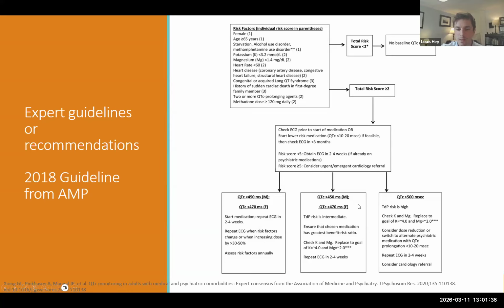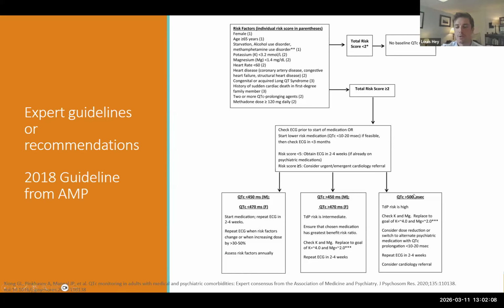If their QTc is above those values, but still less than 500, then they recommend checking electrolytes, repeat EKG in 2 to 4 weeks, and then making sure that you're asking, do they really need this medication right now? Is there any other medication I can give them? If you absolutely have to use that medication, then just bring them back in a couple weeks. Make sure you're following up on the labs. And then obviously, looking for polypharmacy, looking for any renal impairment, things that could also be modified.